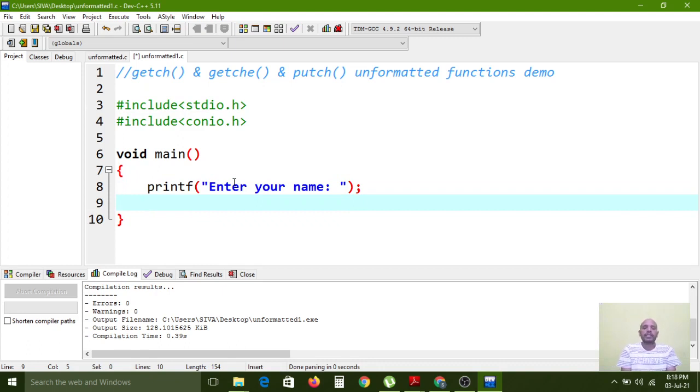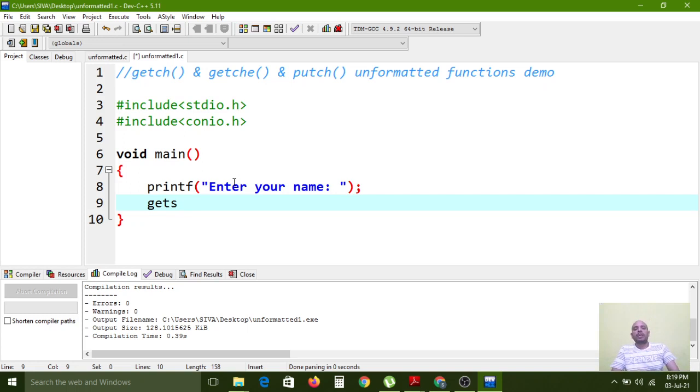Now the printf function will print the line. By reading this line, the user wants to enter one input. To allow the input, here we have to use gets, because a name is a group of characters. For example, the name is Pavan. Pavan contains 5 characters. So at a time it will collect the 5 characters by using the gets function through the input given by the user. So these are string unformatted functions.